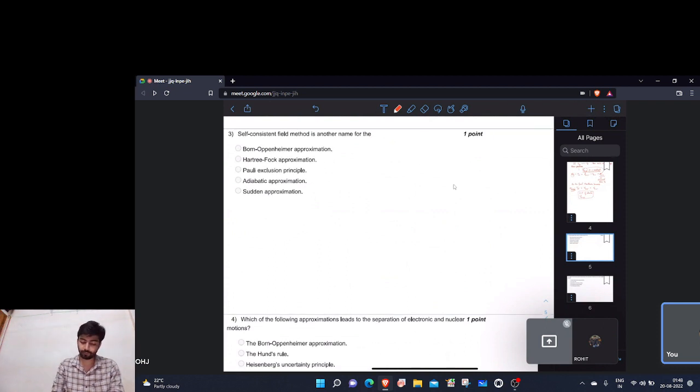Now, the self-consistent field method is another name for... Now as we know, we have found the electronic Hamiltonian to be composed of kinetic energy for electrons, potential energy of nuclear-electron attraction, plus potential energy of electron-electron repulsion. Now this Hamiltonian is still complicated to solve due to this electron-electron repulsion term. So what the Hartree-Fock approximation does,